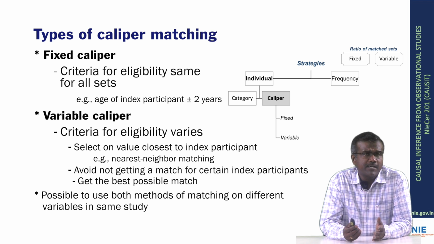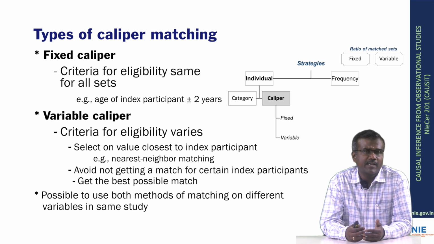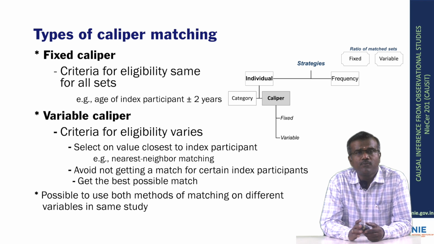The types of caliper matching: fixed caliper and variable caliper. Fixed caliper means the criteria for eligibility is the same for all the sets. For example, if the age of the index participant is plus or minus 2 years, then it is kept throughout the same way. Whereas variable caliper means the criteria for eligibility could vary based on the value that we have